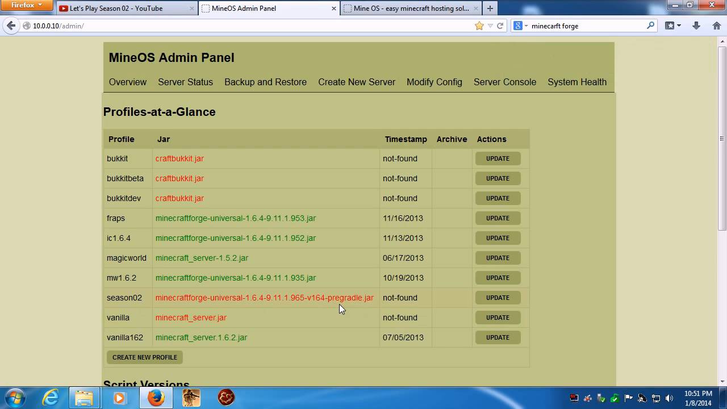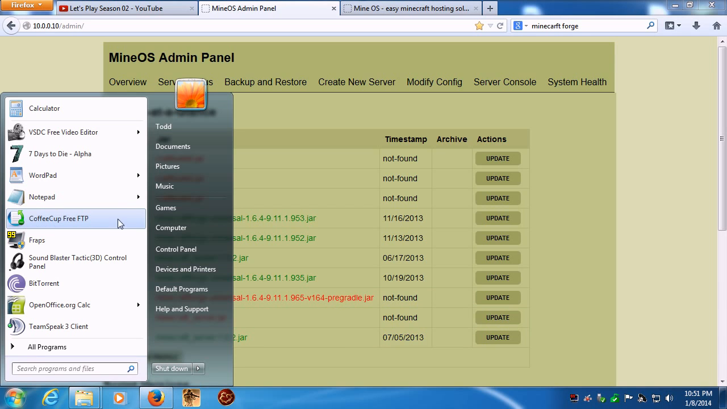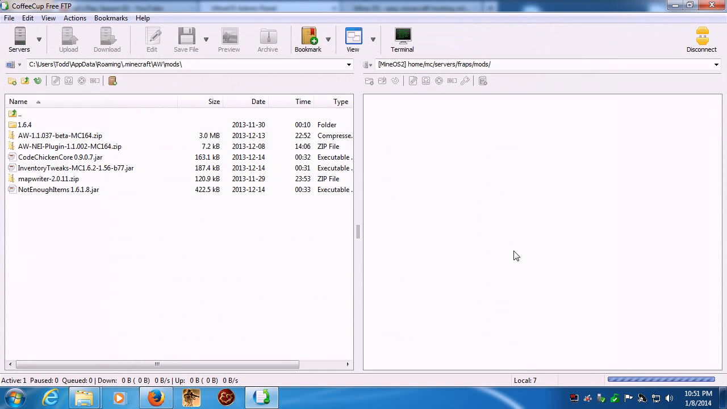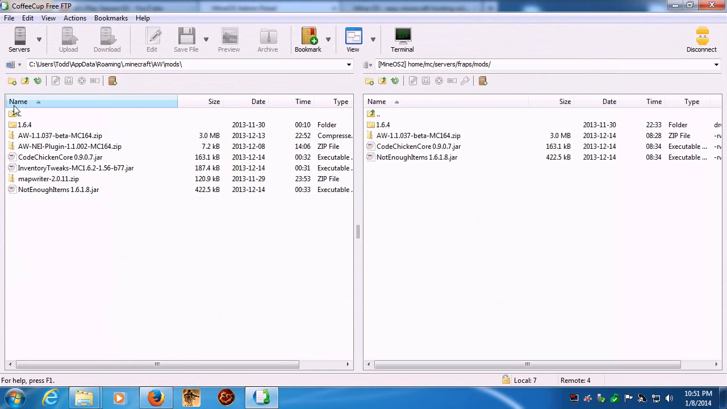The next thing we need to do is get these files over onto our server. In order to do that, I use an FTP program called Coffee Cup. It's free, and what this allows me to do is go in and